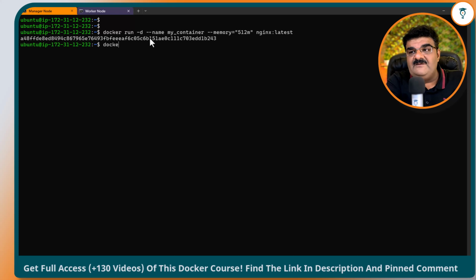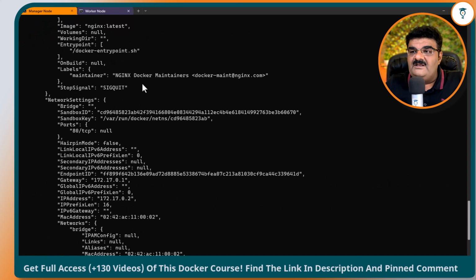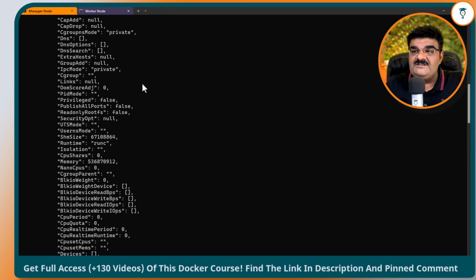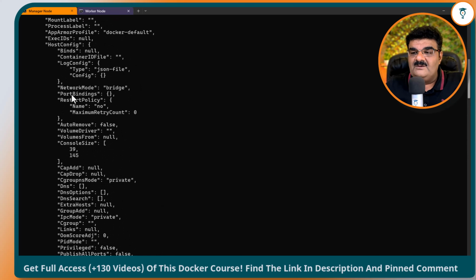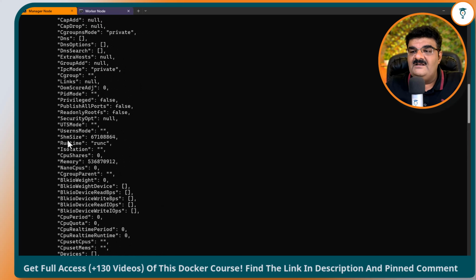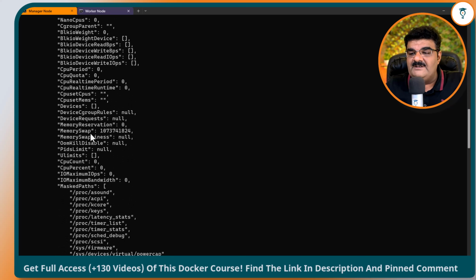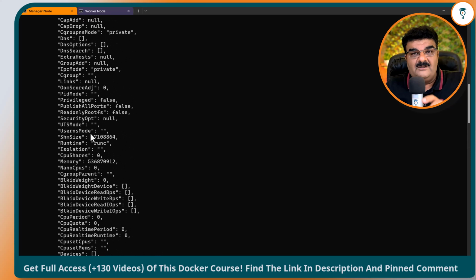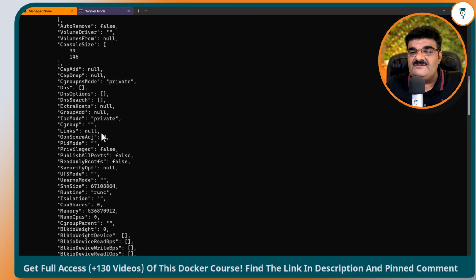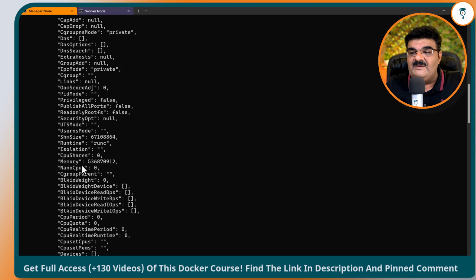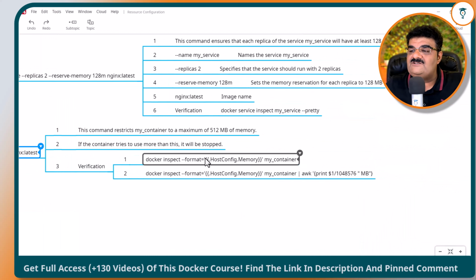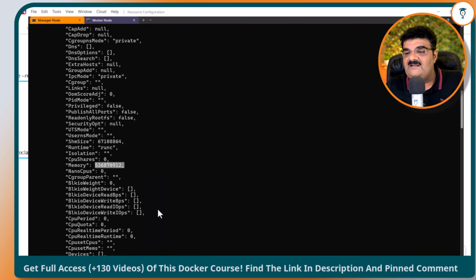Done. Now if I am giving command docker inspect my-container, you have to find out the HostConfig. So here we have HostConfig and here you will have Memory. Okay. For soft limit we have MemoryReservation. For hard limit we have Memory. Look at this. If you convert this into megabytes, it will be 512. But again, if you don't want to convert this, you can directly run this particular command, which will provide you